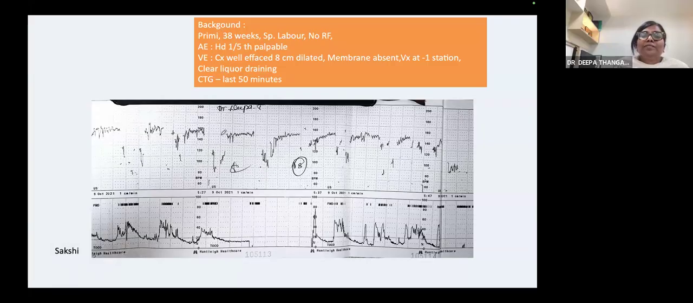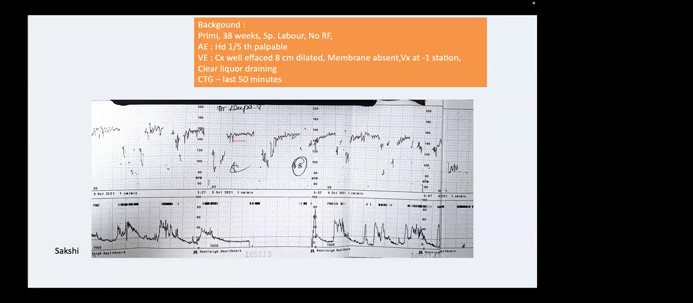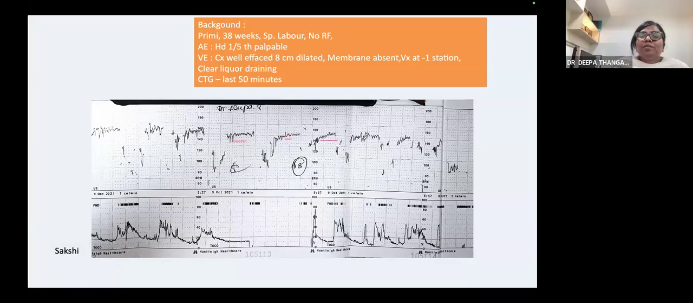Okay. Where is the baseline heart rate? Ma'am, baseline heart rate is 150, ma'am. What other things will you be seeing in the baseline heart rate? One is appropriate for gestational age. The other thing is,